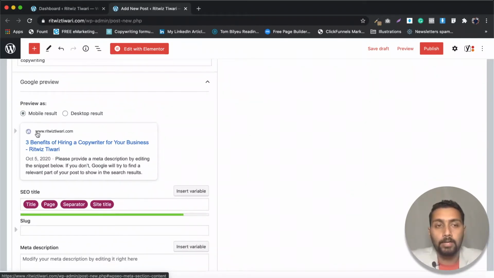Okay, so your link is going to come at top. Then the title is going to be there, followed by a hyphen and Ritvish Tiwari. And then there is this meta description, but this is something very default. It informs you to please provide a meta description by editing the snippet below. If you don't, Google will try to find the relevant part of your post to show in search results. So Google is automatically going to find that meta description,